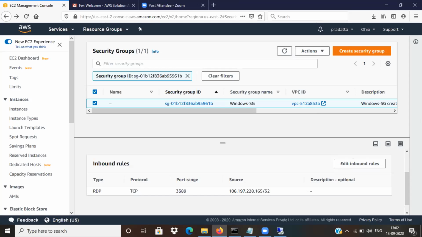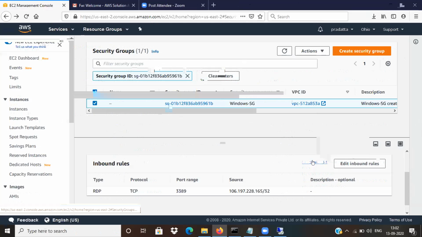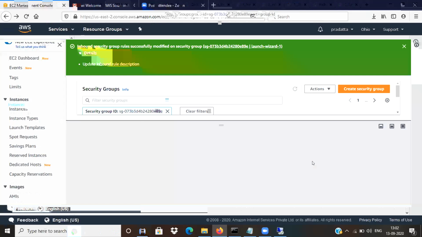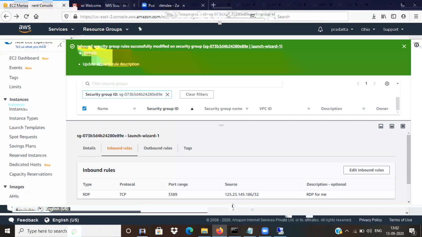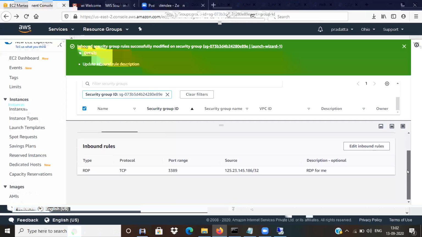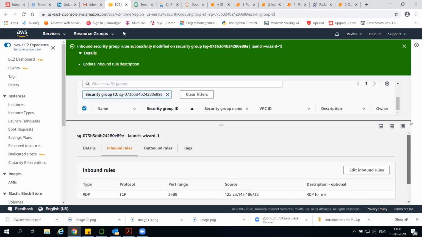So let's make Buddha the host. You have the IP address and the instance running. For the security group, you have launch wizard 1. Can you click on that security group? You got some error, Buddha? No error. I just created it the same way, and my security group inbound is good. Okay, perfect. Now take the IP address from the public IP. Okay, just try to connect.